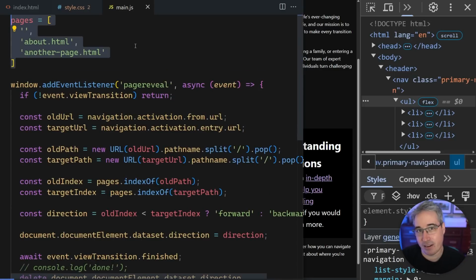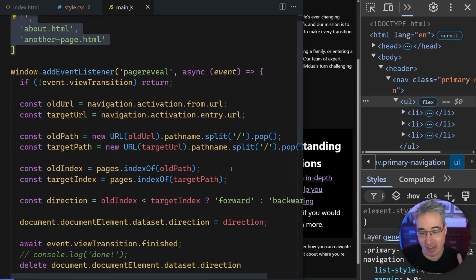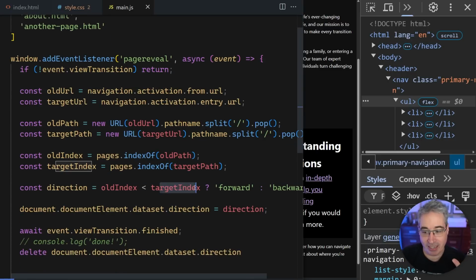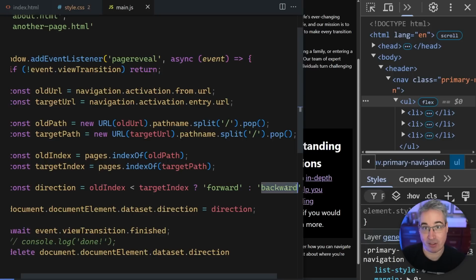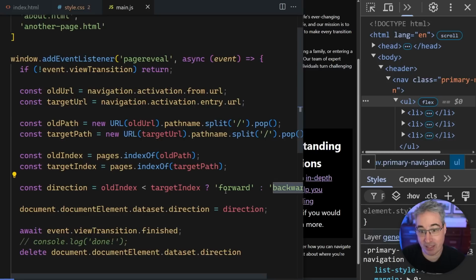And because it's not in there, if you do an index of something that's not in your list, it's -1. And if we're getting a -1, it means the target index is always smaller than the old index, which means we're always getting a backward. And that's kind of annoying. So there's a few different ways we could